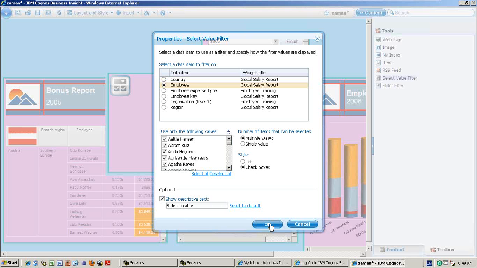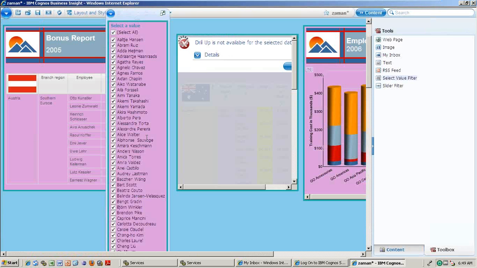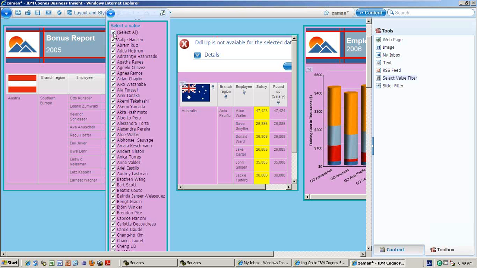Just when you are clicking the value filter, it will show all the column names, which column you want to create the filter from, then select that one, then that's it. And then click OK, multiple check boxes, then click OK. Then all the list will be shown here. So then automatically according to this one, see now, for example, employee, all those things, right? I'm removing all the things. And I'm selecting some employees only. So automatically according to those employees, it will change. So now I am removing all the employees.